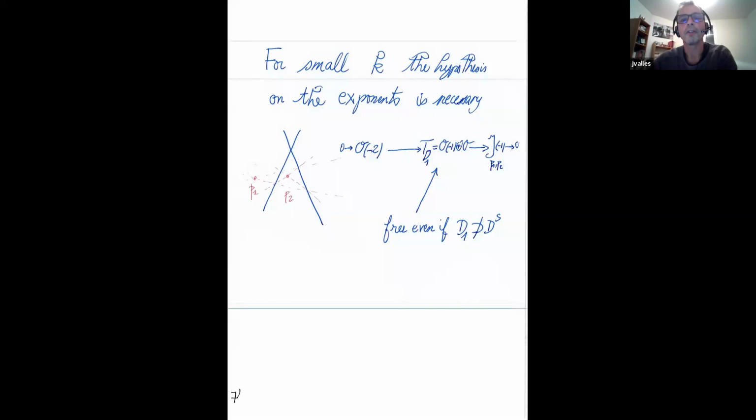And the splitting given by the theorem is O minus 2. There is a natural map from O minus 2 to this one, but we will have some zero locus. It's not exactly the splitting expected by the theorem, and it's due to the fact that K is too small.